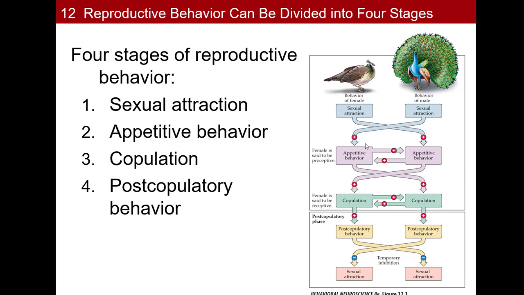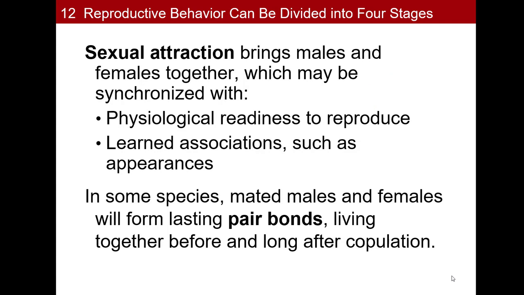So what you'll see is that you have these plus arrows and these minuses. Plus is anything that makes sexual activity more likely to happen. So sexual attraction is going to lead to an appetitive behavior, which we'll define coming up, is something that increases the likelihood of sex. But then after having sexual activity, the post-copulatory behavior has a decrease in sexual activity. It's less likely afterwards. There's a refractory period here that we're going to be talking about before this cycle starts over again.